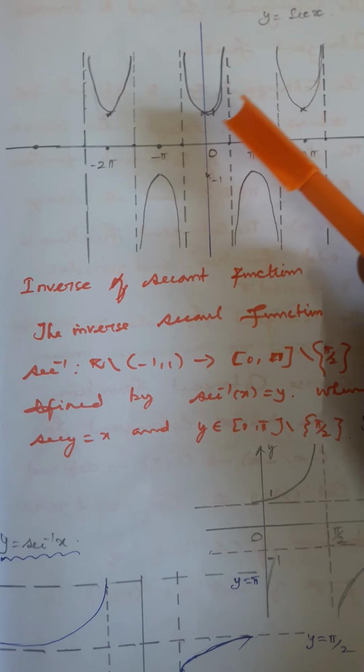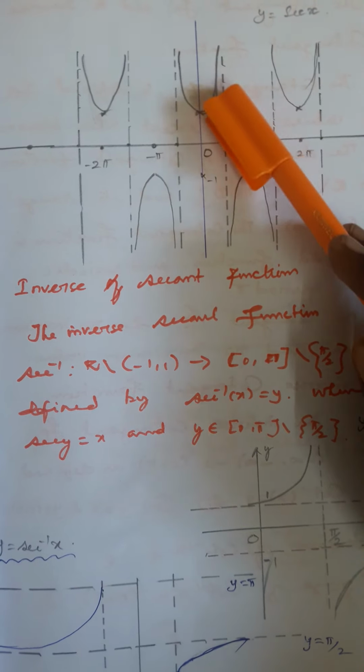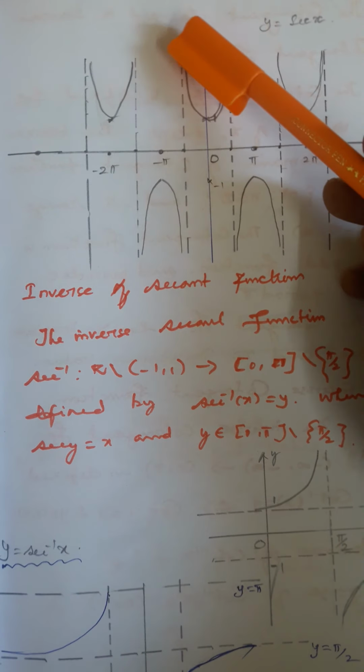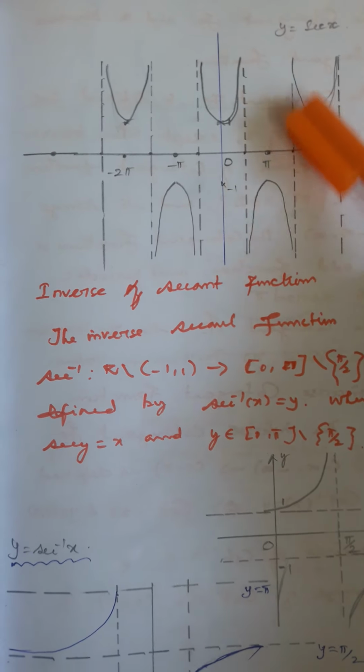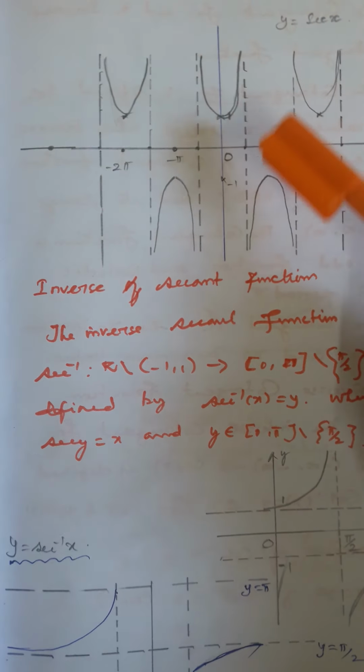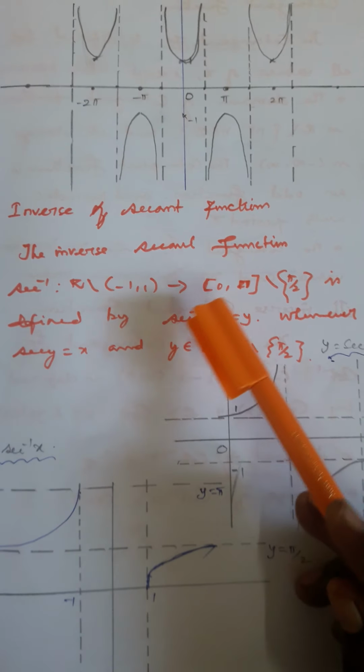Minus 1 to, it is pi by 2 to plus pi by 2. It will not touch pi by 2, which is where the curve approaches infinity. Here you have the dotted line. All other places, the graph is like a parabola, right? And the inverse secant function is defined by